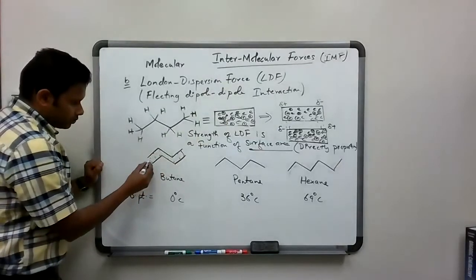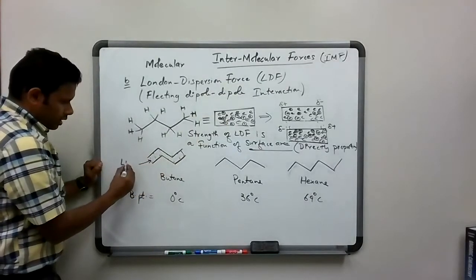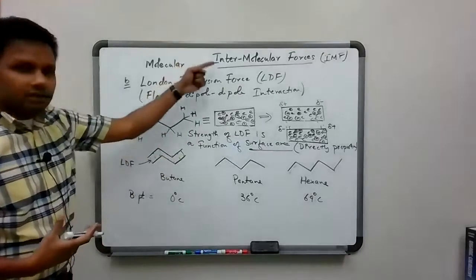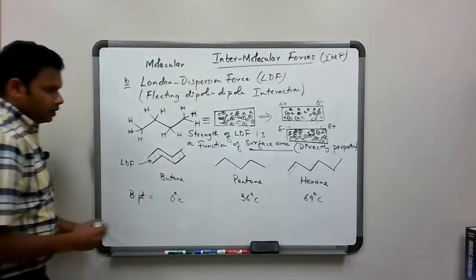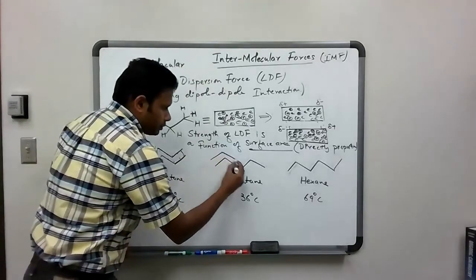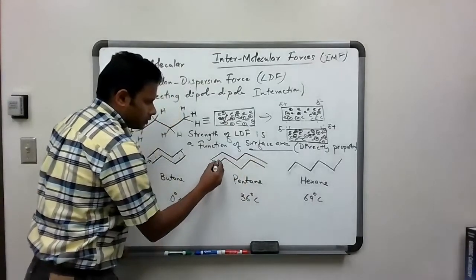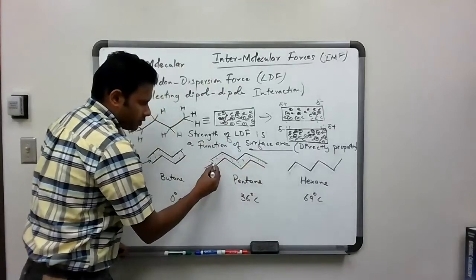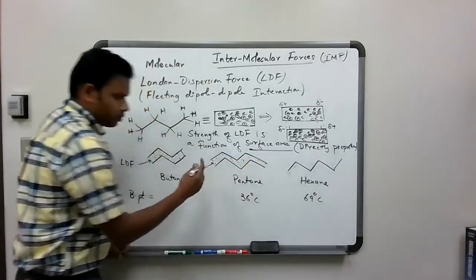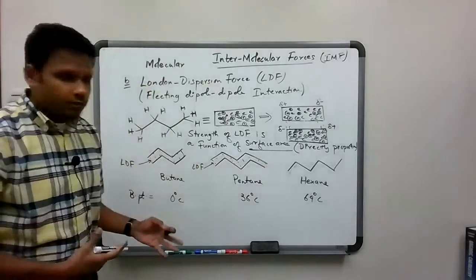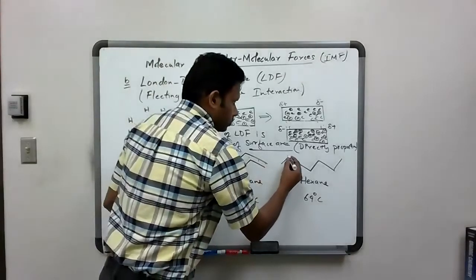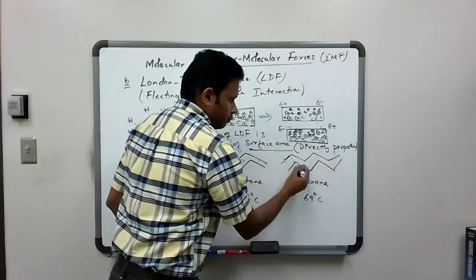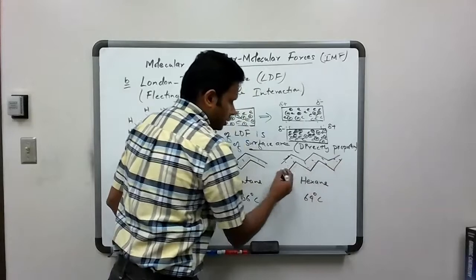This would be our LDF, which is one kind of intermolecular force. But when you have two pentane molecules, now more surface area is available. That means you have more London dispersion forces. When you go to hexane, more surface area,